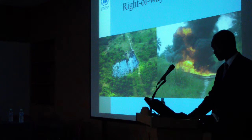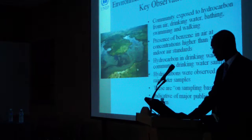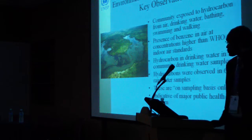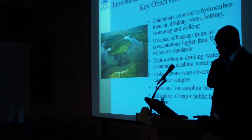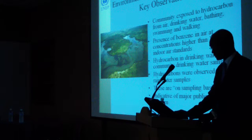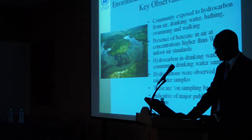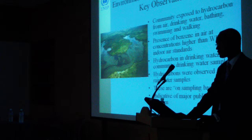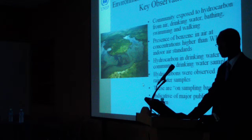Just some pictures of some of the rights of way and some explosions there. Again, I think you can clearly see here the pollution. The exposure to hydrocarbon is quite widespread. Air, drinking water, bathing, swimming, walking, it's basically part of life now in many places there. As I said, the concentration of benzene is very, very high, and that really was one of the most difficult issues that the team came up with, was to be very careful in informing the government and the local authorities that these concentrations